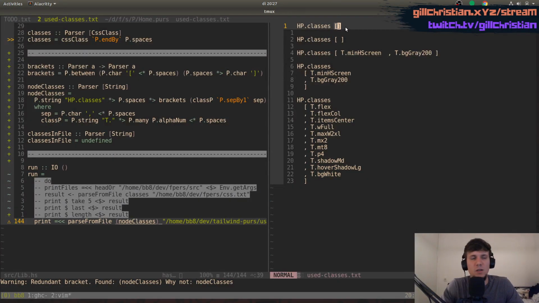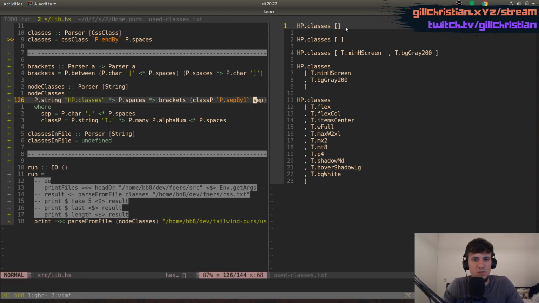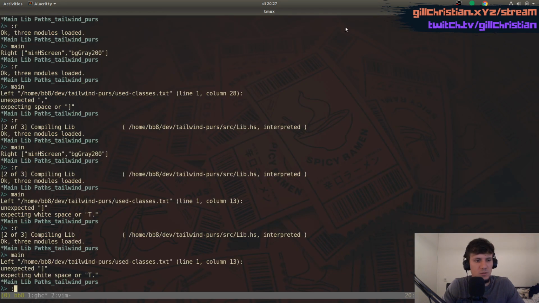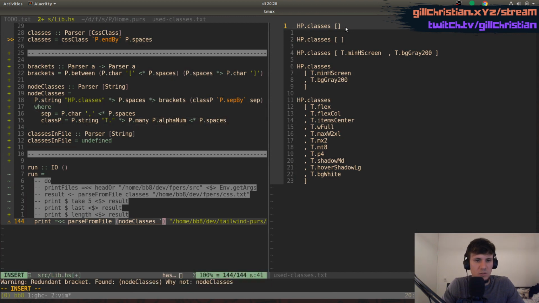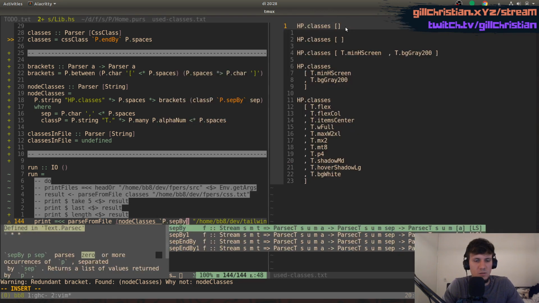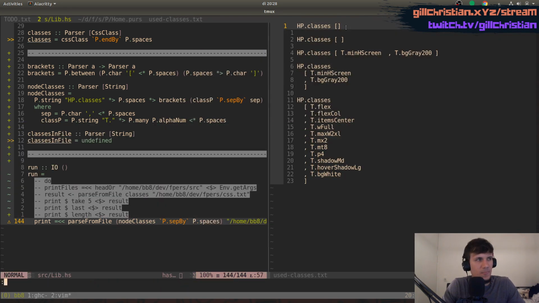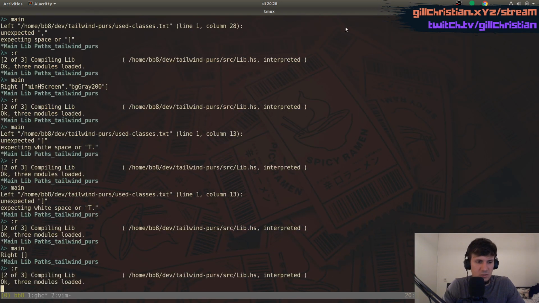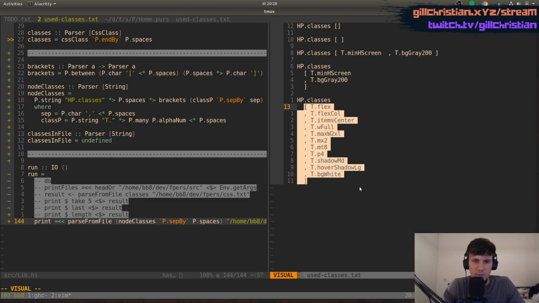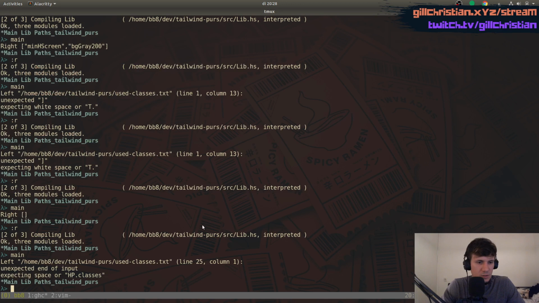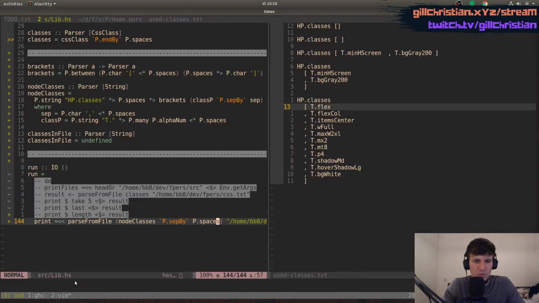Okay, so this failed, because we are parsing sep-by 1. It actually wants a sep-by over here. Okay, so that's an empty list. And then it was sep-by spaces. So see if this works on parsing all of them. Unexpected end of input. Expecting. What if I use the